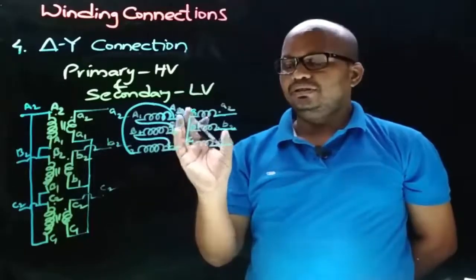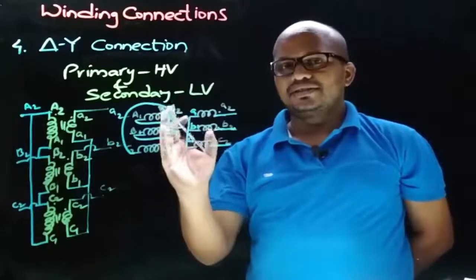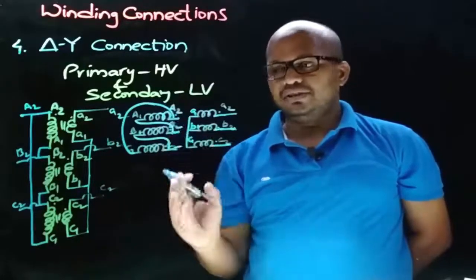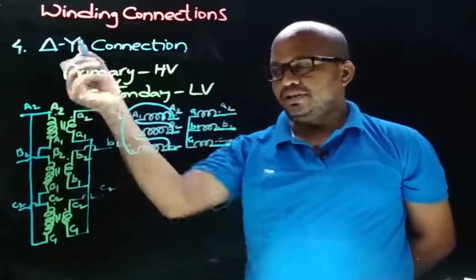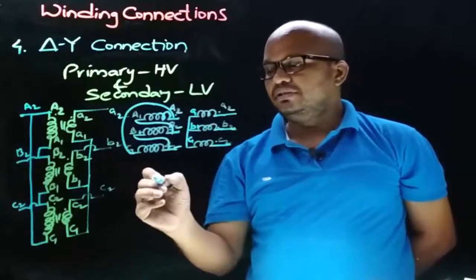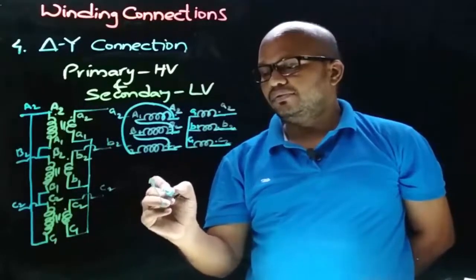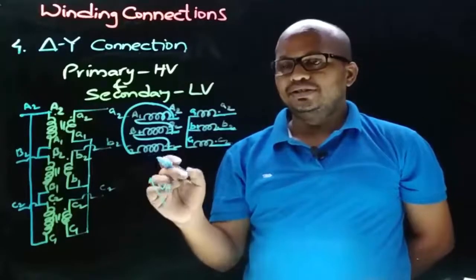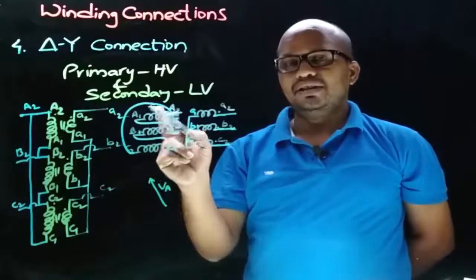Now we have to draw the phasor diagrams for this HV winding and LV winding. So first let's draw the phasor diagram for HV winding. So as HV winding is delta connected, that is as primary winding is delta connected, let's take this as VA phasor, and now we need to decide the terminals of primary side VA phasor, as the terminals are A1 and A2,